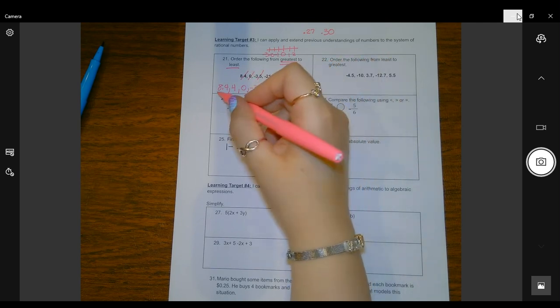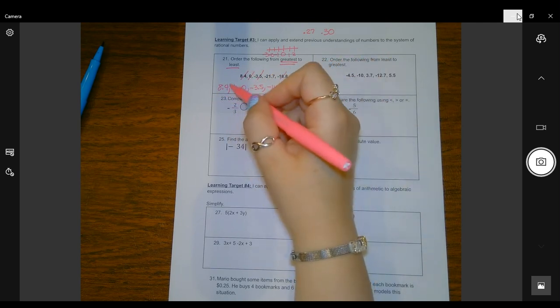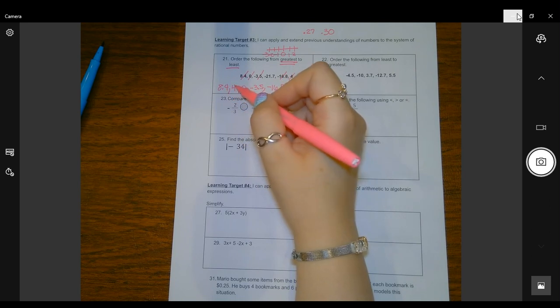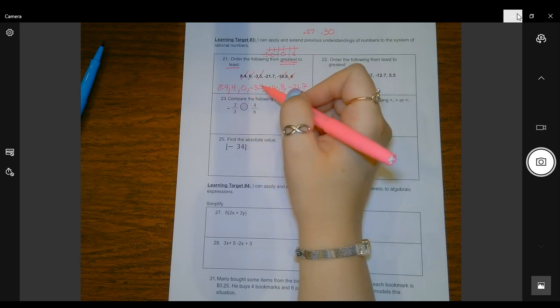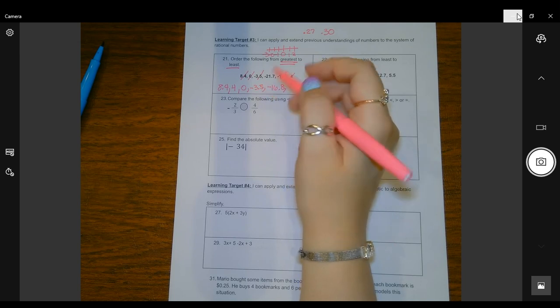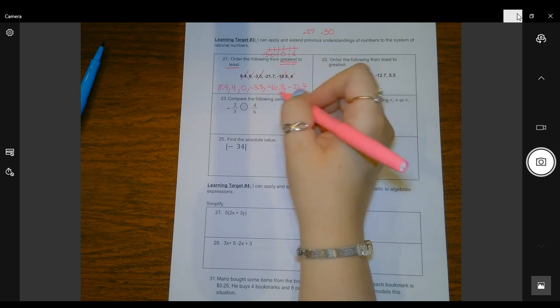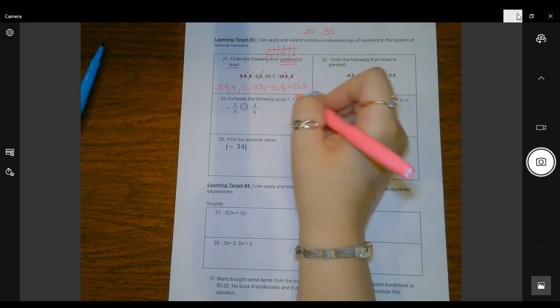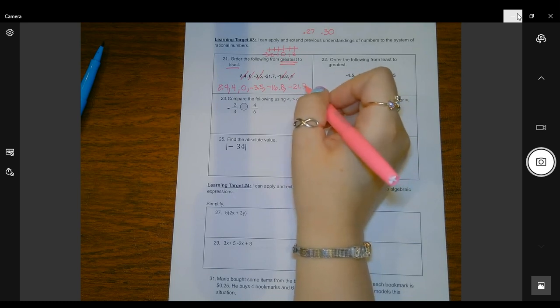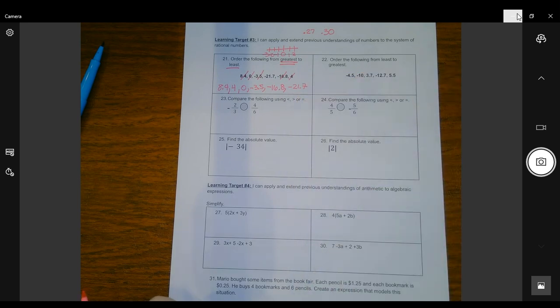And just think, you're going from big to small. I'd rather have $8.40 than $4, than have nothing, rather than owe $3.50. And owing $3.50 is better than owing $16.80 or owing $21.70. That's the worst position to be in. I just want to take my time going through that because there are quite a few traps built into